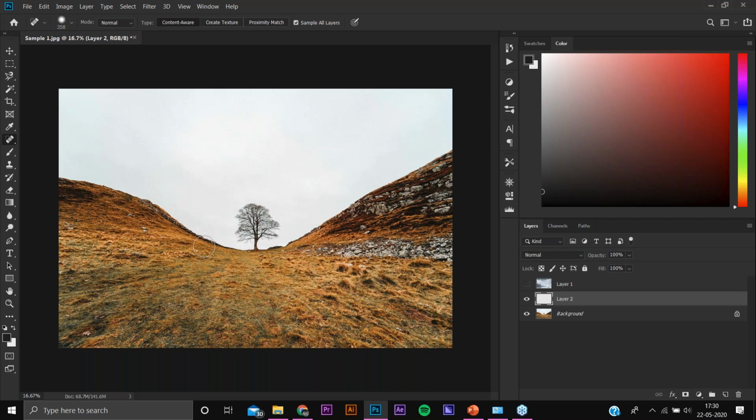Hope that is visible. I think so. Right now I have zoomed the image, pressing Control and plus button.